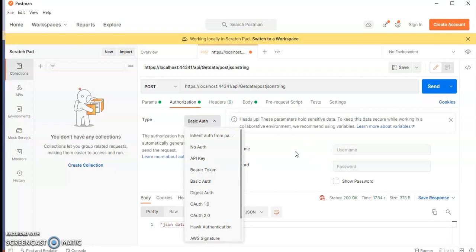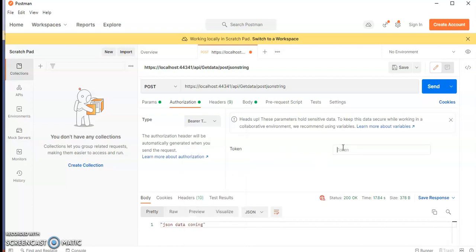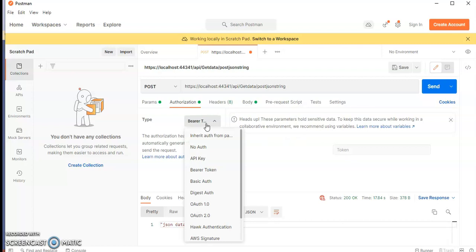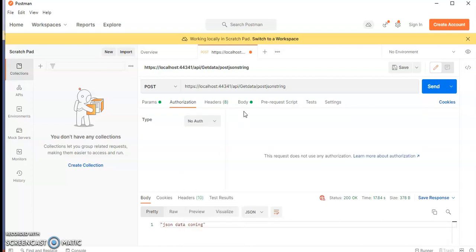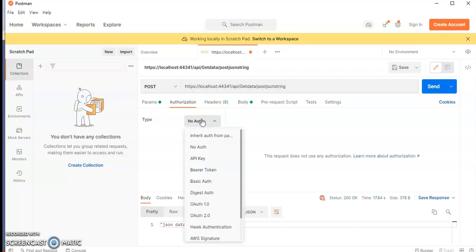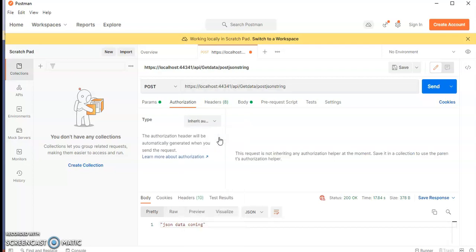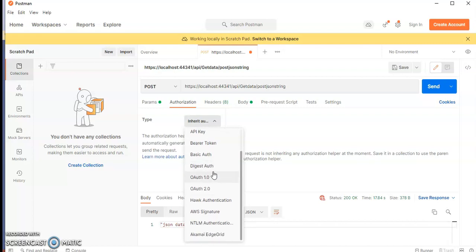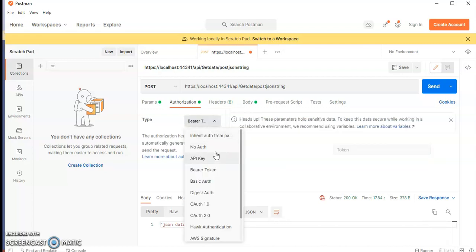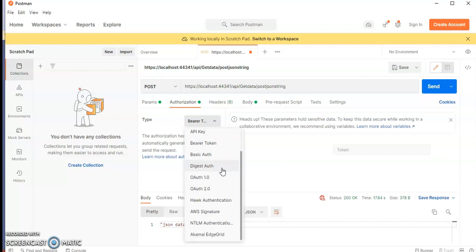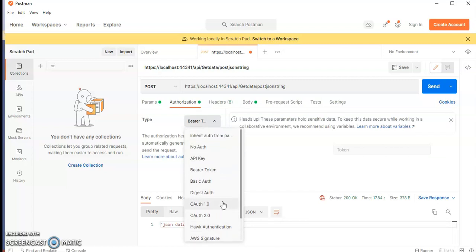Bearer token is a single token to authenticate the particular API. You can use that kind of authentication. And no authentication means there is no protection for this API, so you can directly access it. The bearer token I have already explained. So these are the different kinds of authentication types we have.